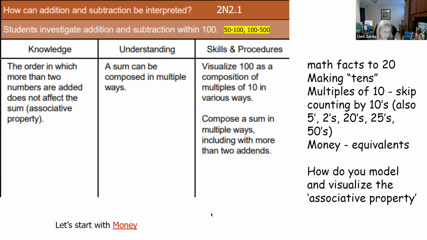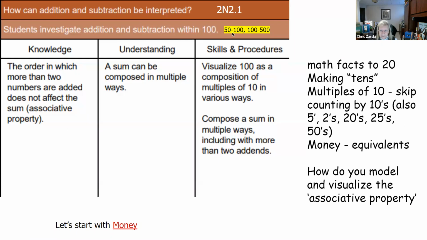So for example, let's unpack a little bit more 2.1. That talks about visualizing 100. Now remember, it'll be wherever you are in this stretch. As we're moving towards February, we're moving towards the 100 to 500. Some of you are already at 100, some were at 200. But remember that we want mastery of 100. We want them to solely and truly understand all the ins and outs of 100. Because if I can navigate 100, then getting to 200, 300, 400, 500 really isn't that big a deal.